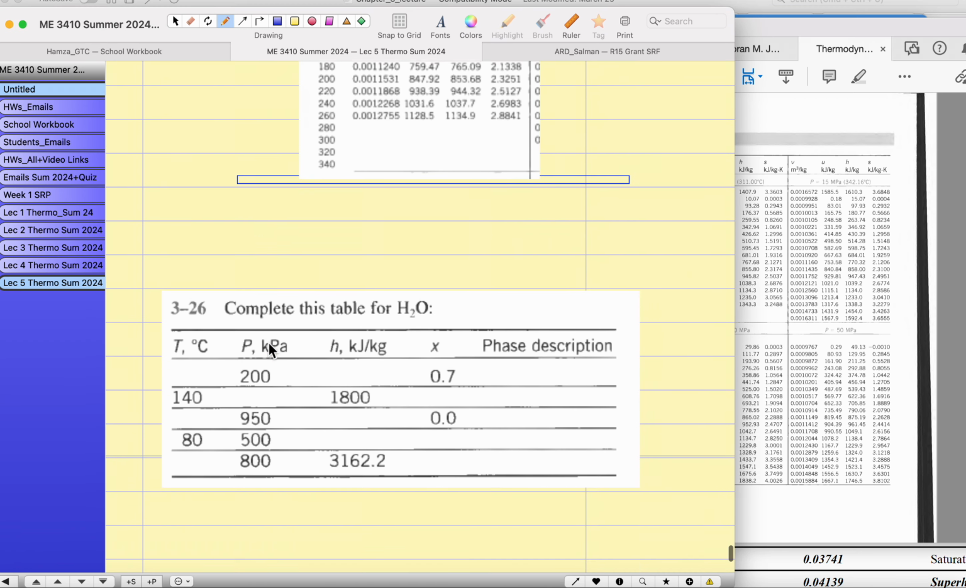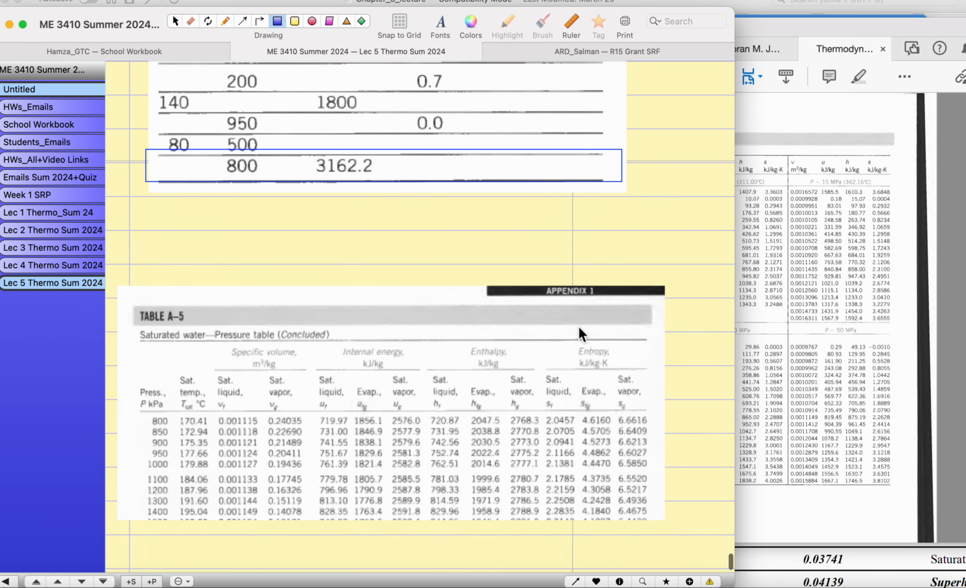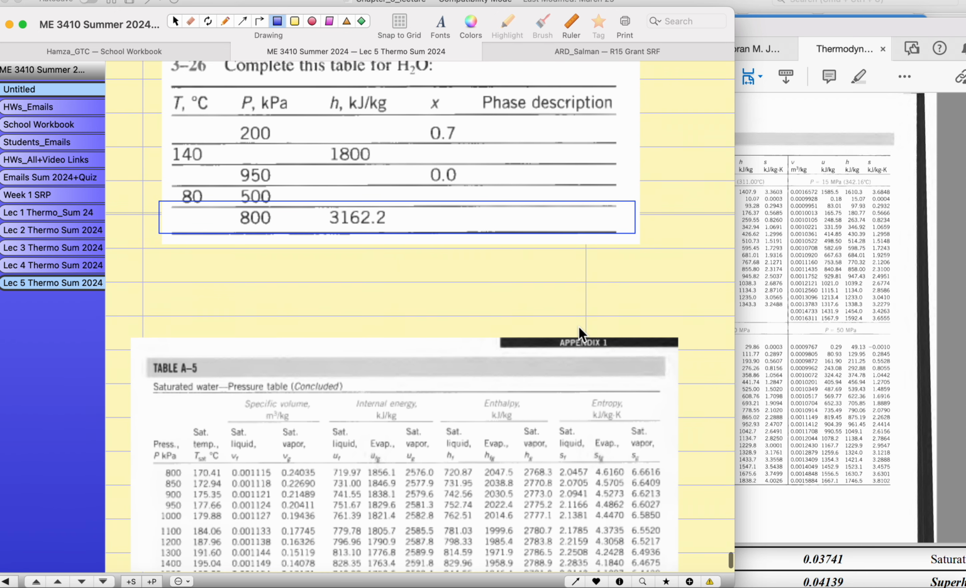Now let's consider the fourth line. How are we going to complete the remaining values here? Let's read table A-5. You have to draw the rectangle in order to solve, just to focus on these values. At 800 kilopascals, the H value has been given to us, so I will just focus on this H value. Hg will tell me whether our liquid is falling into the